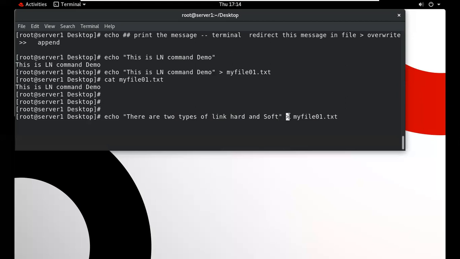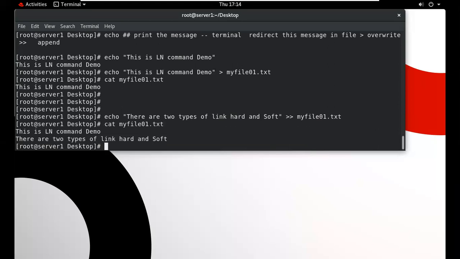When we use only one greater than, it will overwrite. It will erase all other content, so this line will be removed. When we use two greater than signs, it will append, meaning it will add another line after this particular line. So we check: this is my first line and this is my second line.